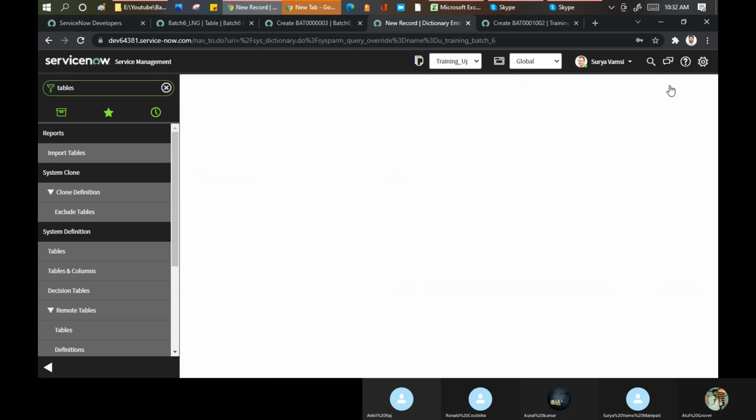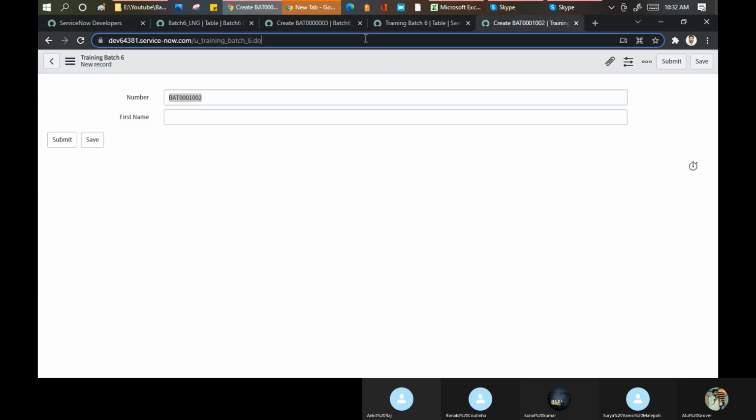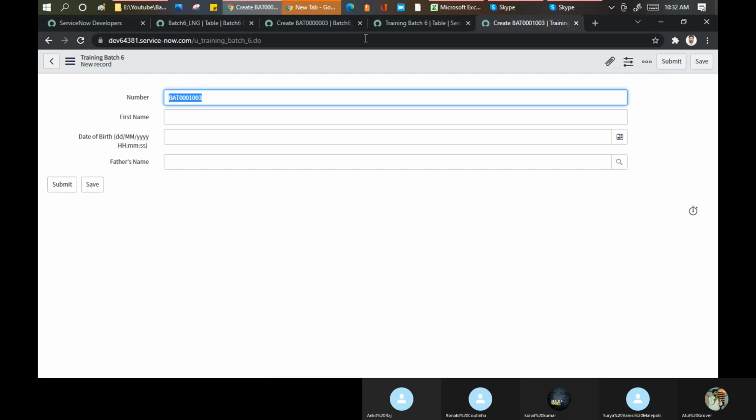These are the samples. You can create n number of entries as per your requirement. Now I go here and reload my page. Okay, so this number, first name, date of birth, father name, I see because I put a reference here. Now tell me, does this form look good or bad? Or very good or very bad? We can format it a little bit. That means it's okay, but we can format it.